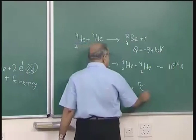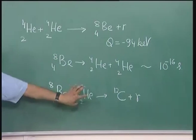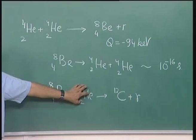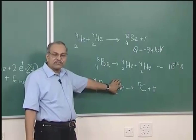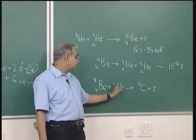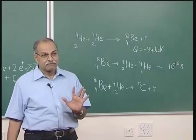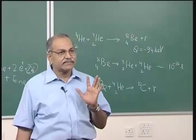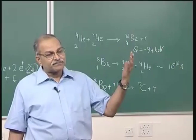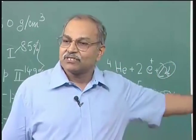Carbon-12 plus gamma. So, if the concentration of helium nuclei around is very high, then one can calculate the probabilities that before it decays into 2 alpha particles, it combines with another helium nucleus and makes carbon-12. Now, carbon-12 is stable. The ground state carbon-12 as such is stable, but then when it combines, what it forms is carbon-12 in an excited state, because if we just calculate based on this reaction,